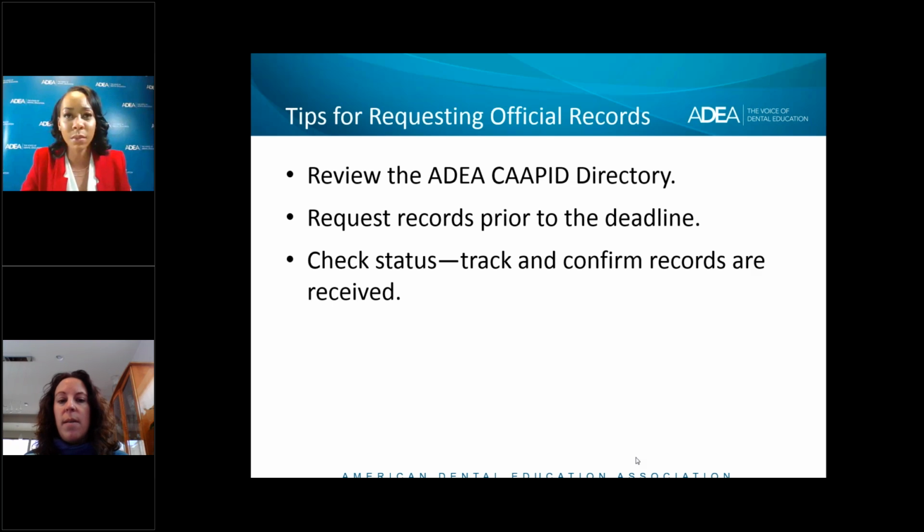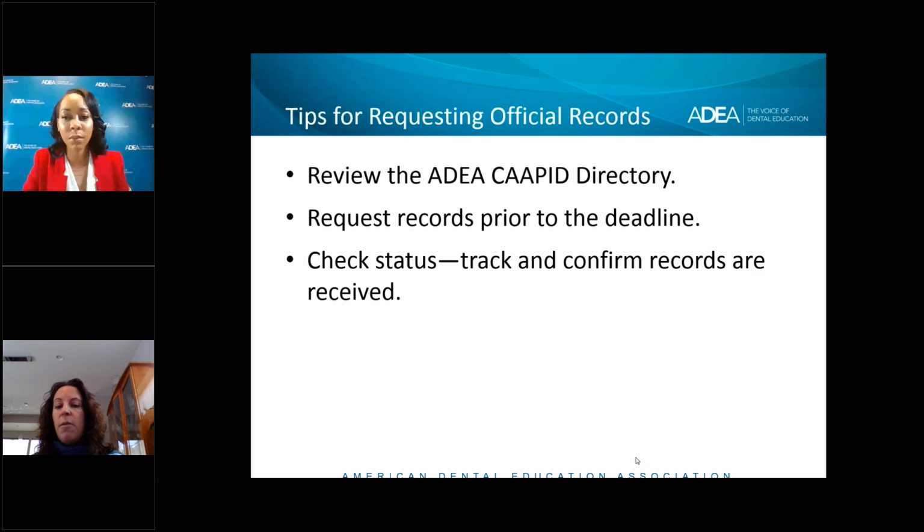So the problem that we see a lot of times is that the records are not requested enough prior to the deadline to make it to the CAAPID application in time. So for example, with TOEFL, they typically require at least a week in order to get your scores posted, and then ADEA CAAPID sometimes takes a couple days.